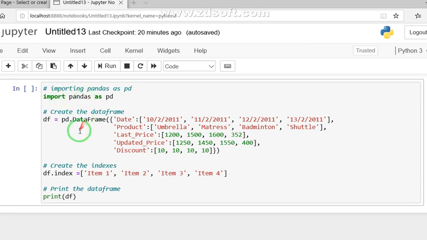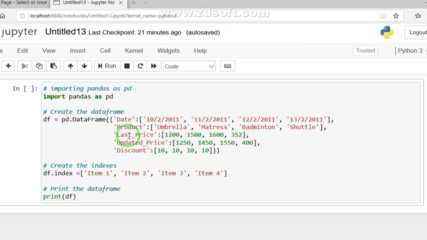Next, in this part all the data is stored. The first parameter we have is date, on which certain transactions have been made. The second attribute represents the product. What different products are sold here? Let's say umbrella, mattress, and badminton shuttle, like this.